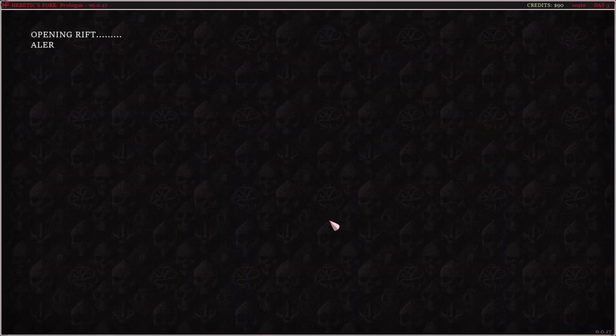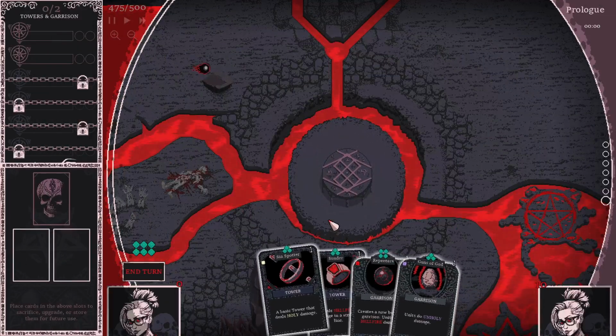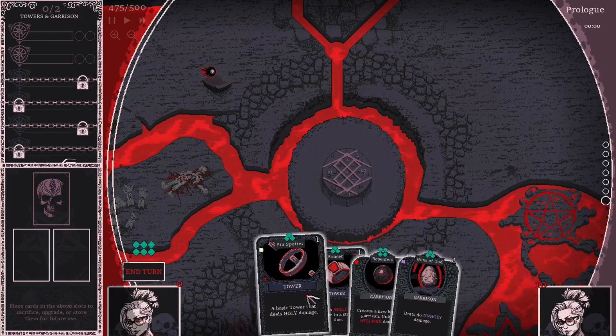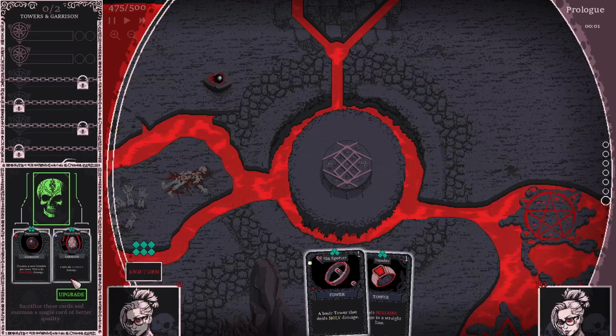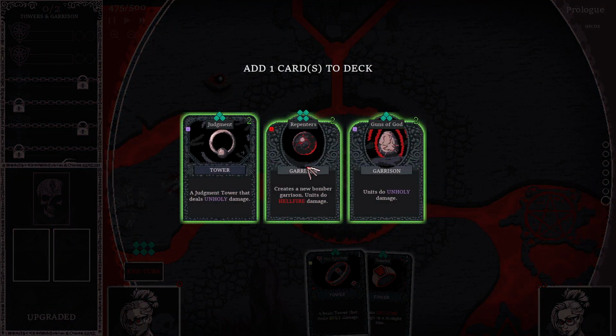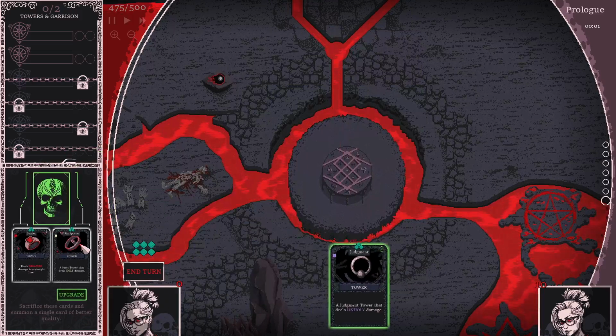We can go one more. You get a feel for it. Honestly, I just want to do one more because the game's fun at this point, and I think I have a better understanding of it. So I want to try just eating your entire starting hand and seeing if we can pull some better towers. Let's do Judgment, and let's do...